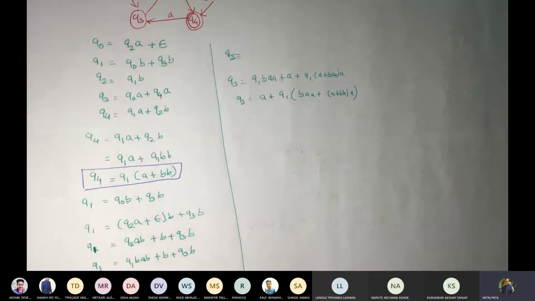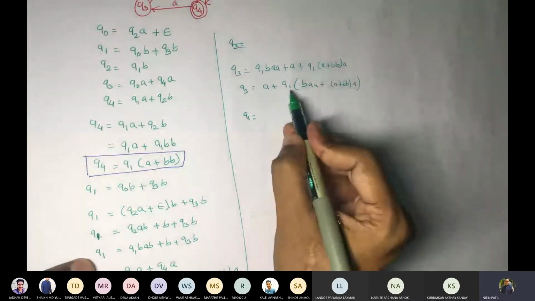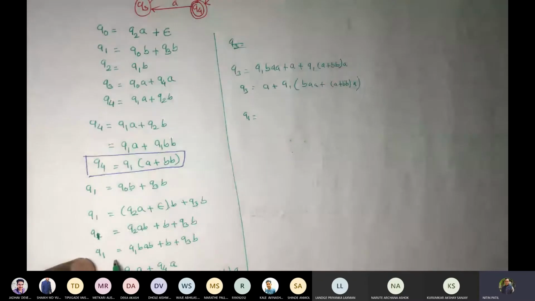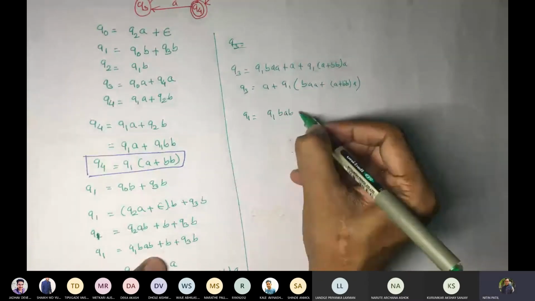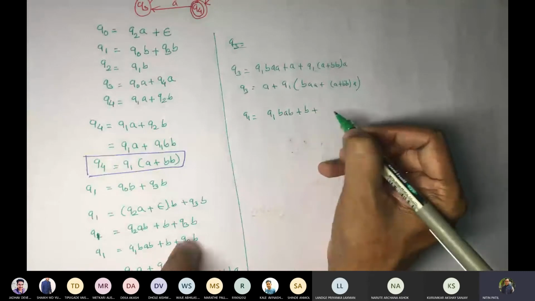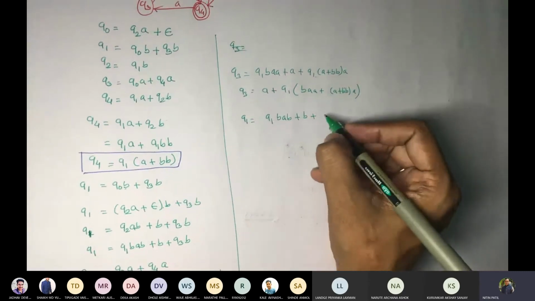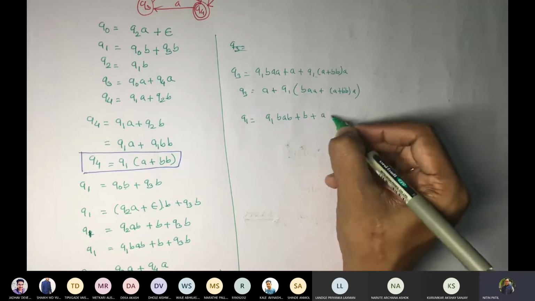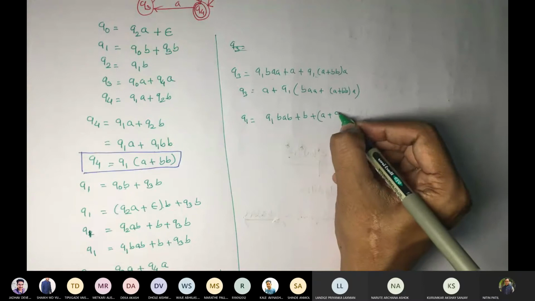Now if I see Q1's equation was solved by us. Now Q3 is becoming in form of Q1. Correct. So we'll write Q1 BAB plus B plus Q3B. So this is Q3. So Q3B. Now we will write this as A plus Q1